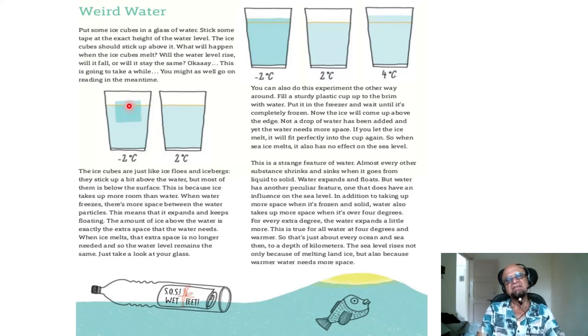Only about 10% is sticking out, and this is true in the ocean as well. When that big massive glacier was sticking out of the ocean and the captain of the Titanic saw it, he knew that was trouble, because what was outside the water was only 10% of what was below it, and what's below it could do serious damage to what's below the water of the ship as well. So he was a smart man, but unfortunately the ship was moving too fast and he couldn't get away from the glacier.